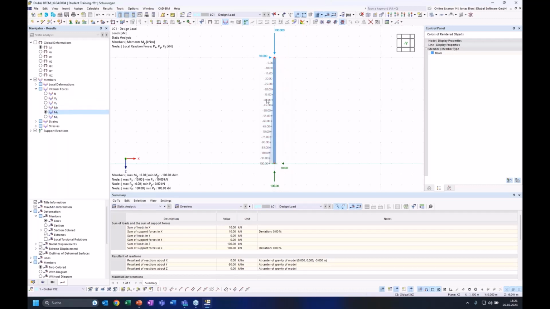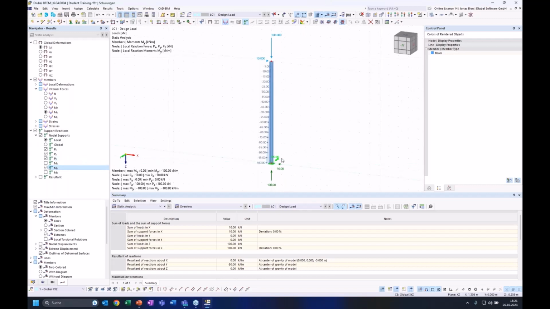And our bending moment around the strong axis is 100 kilonewton meter, which can be easily calculated by multiplying the 10 kilonewton up here with the length of the column, which is also 10 meters. So 10 times 10 is 100 kilonewton meter. We can also choose to show this reactional moment, but we have to activate it separately in the